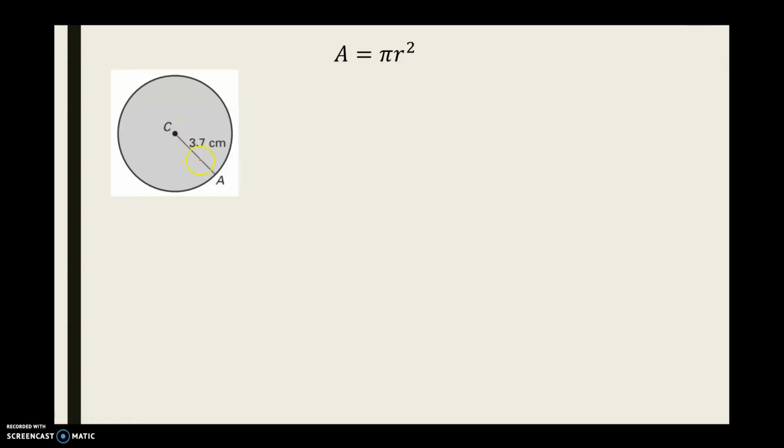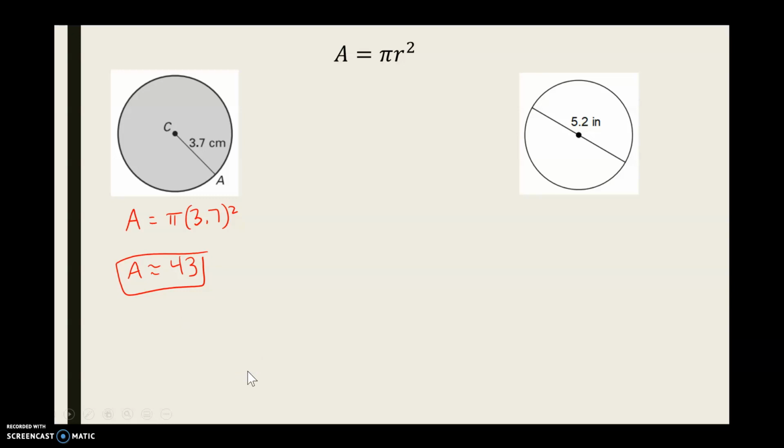They're giving me my radius. So my area is going to be equal to pi times my radius, which is 3.7 squared. So just plug this straight into your calculator, 3.7 times 3.7 times pi, and you should get your area is approximately 43. So that's if they give you your radius, but sometimes they're going to give you a picture, or